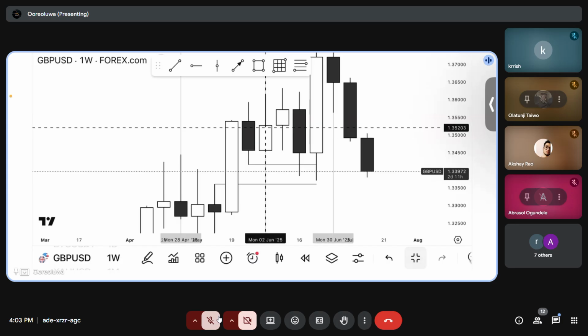Then for the monthly, we have the first, second, third, and fourth week. That's 4 quarters. For the daily, we have 4 quarters also, like I said earlier. Then for the weekly, we have Monday, Tuesday, Wednesday, and Thursday. Friday is not part of the quarter because Friday is another price action on its own.